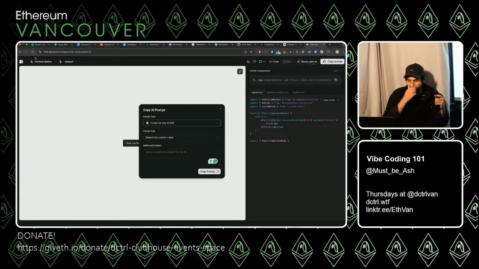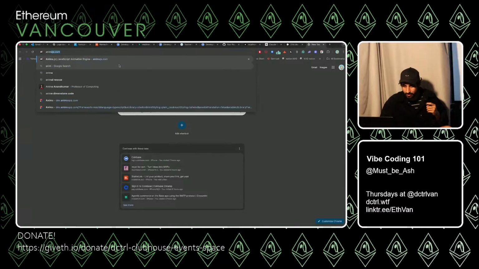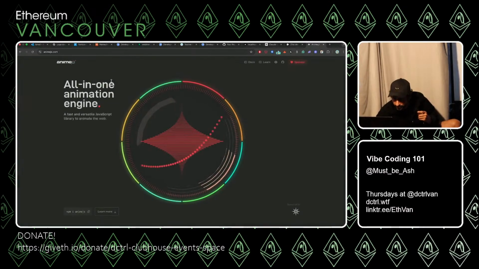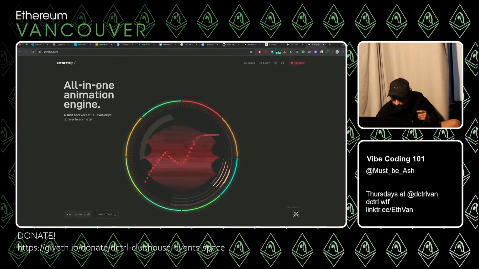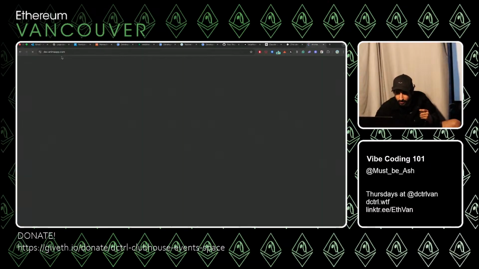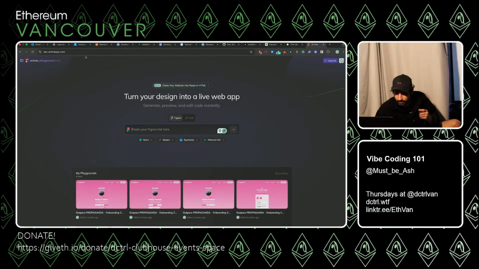If you're a designer like him, using Figma, there's this nice tool called Anima. This is not the right Anima, this is another Anima. This one, animaapp.com. You could give it a Figma URL, and it would generate the component for you.